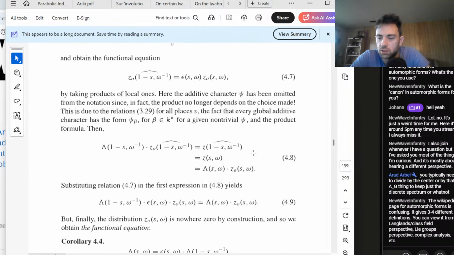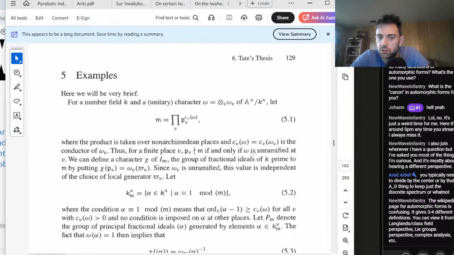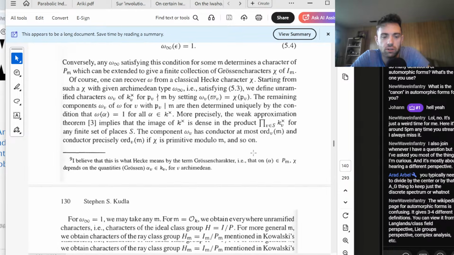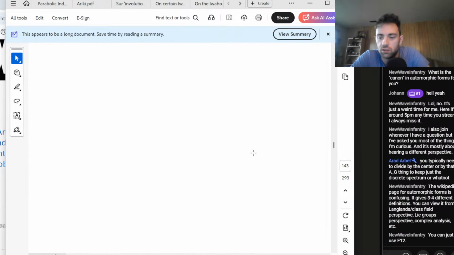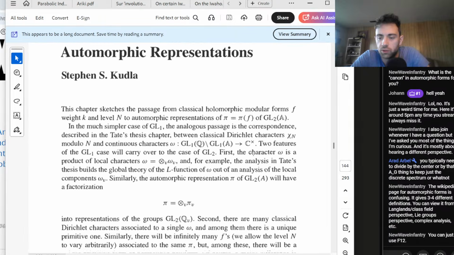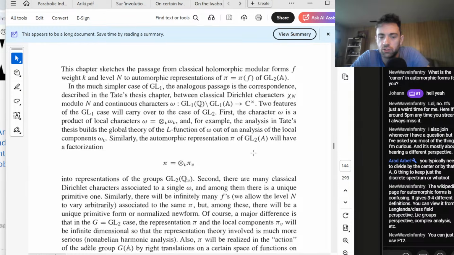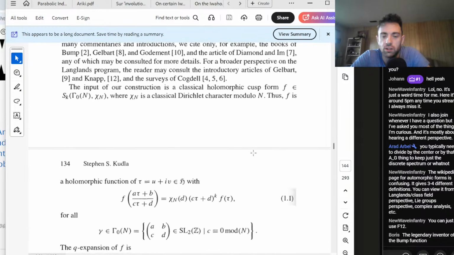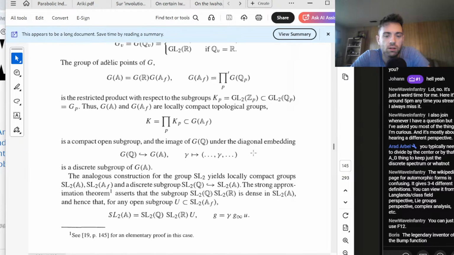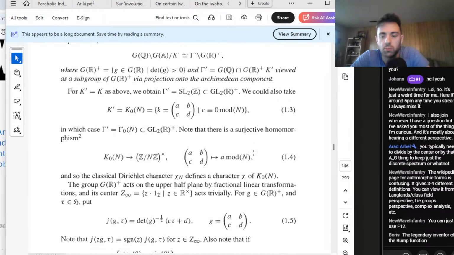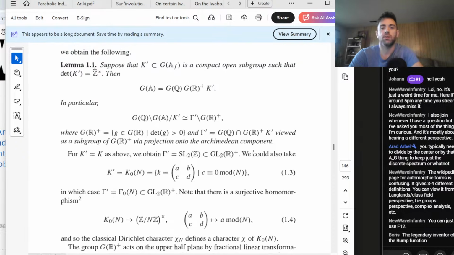Well, but the things you say there are all sort of the same, no? I mean, you do necessarily need to view it from the form of Lie groups and complex analysis. Oh, I think I see. I think I see part of your meaning, though, because there is the case where you can embed, for classical modular forms, you can talk about it just at the level of real groups, right?